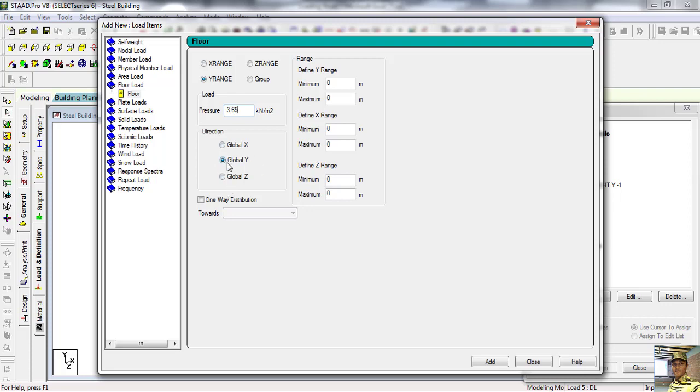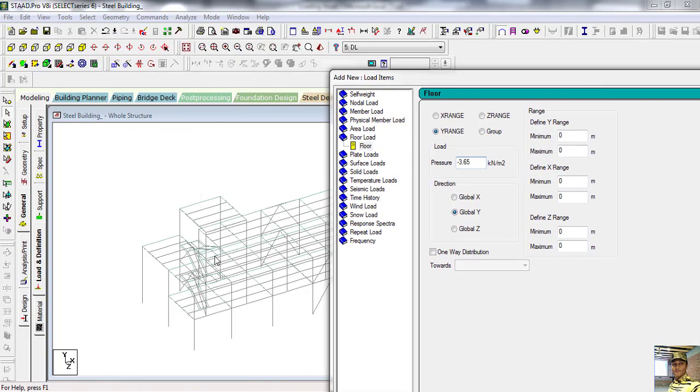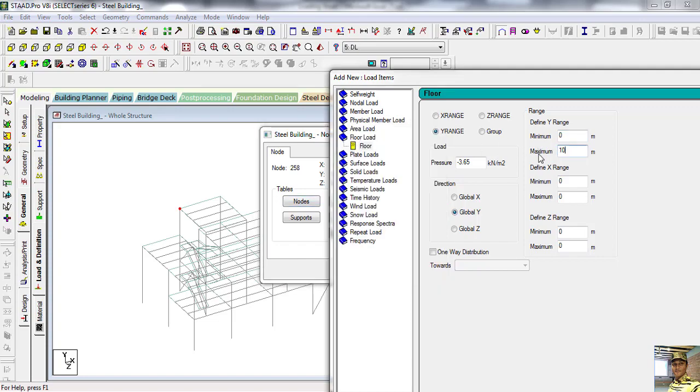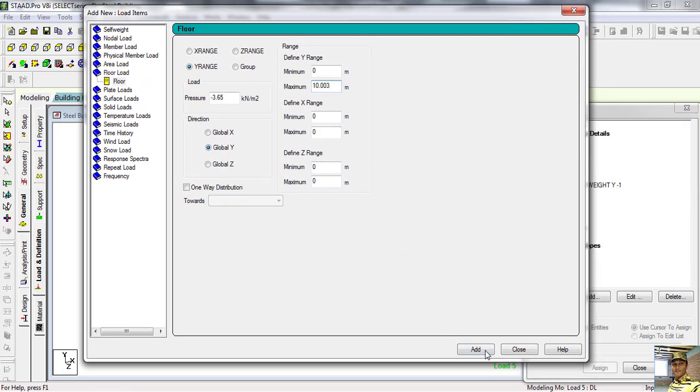Now see, there is global direction, global y, and it will act from ground to top level. So for our top level, see how much height. Take this node cursor and take the highest point and select, double click. Now see our height is 10.003. So put this value, minimum 0 and 10.003, add, close.